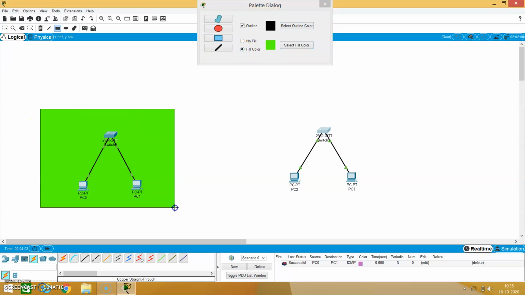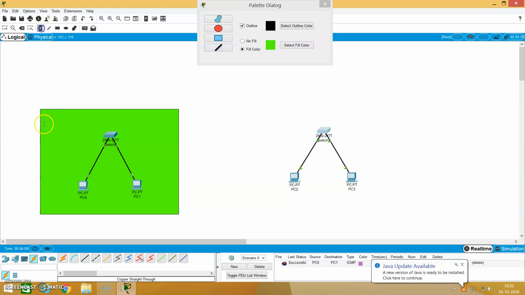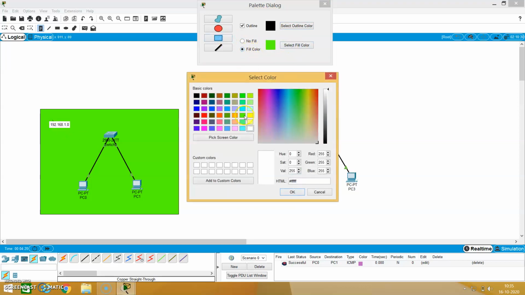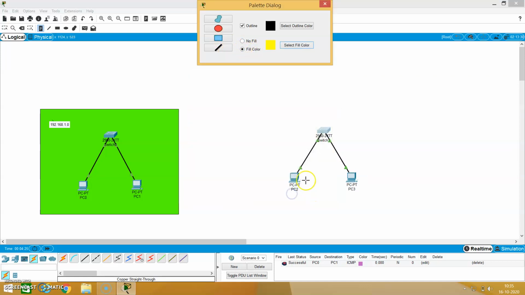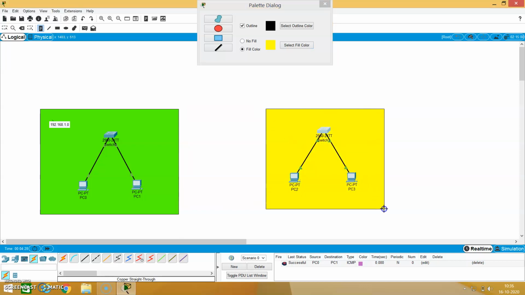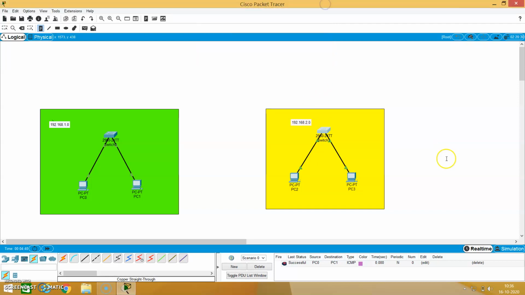This is the network segment with the 192.168.1.0 network, and this yellow color is the 192.168.2.0 network. So these machines are in two different networks.